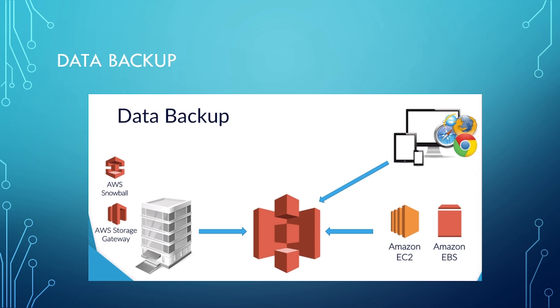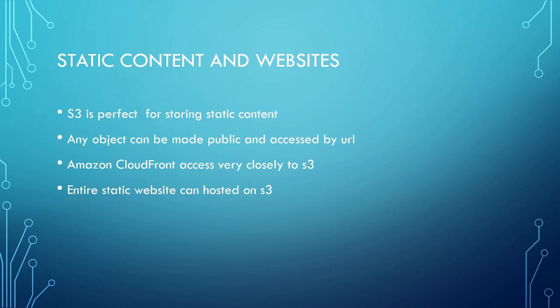So, static content and websites. S3 is perfect for storing static data such as images and videos, which are used on almost every website. Every object can also be referenced directly via a unique URL or by a content delivery network such as Amazon CloudFront, which interacts closely with S3. If your website is entirely static, then your whole website can in fact be hosted on Amazon S3, providing a highly scalable and cost effective method for running your website. I will cover Amazon CloudFront later in this course. However, if you need any additional information on both Amazon CloudFront and running a static website within Amazon S3,